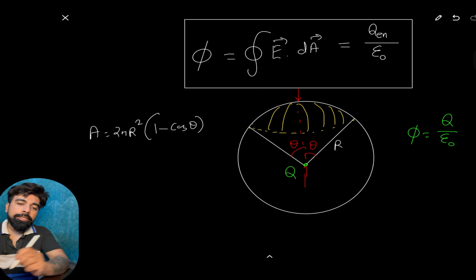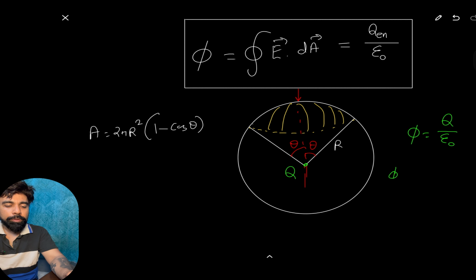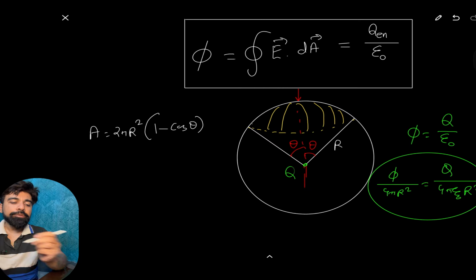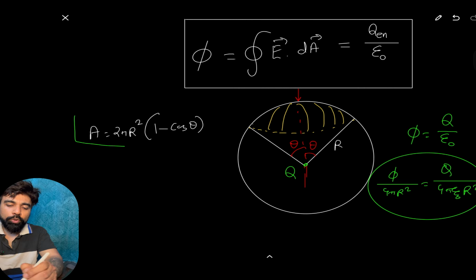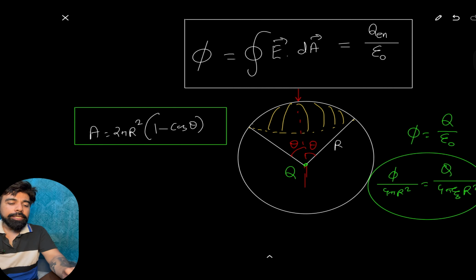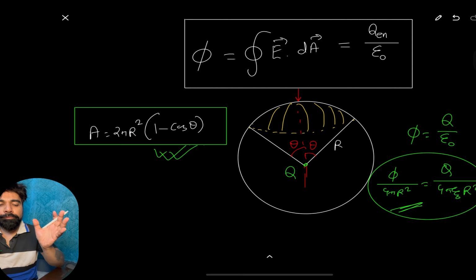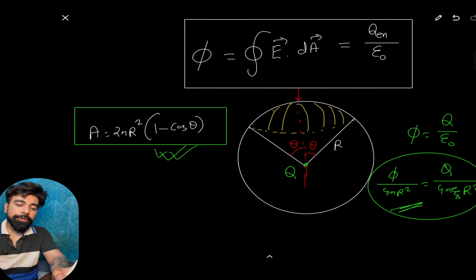Now what is the flux density? Flux density means the number of field lines passing through per unit area. That's going to be phi divided by 4 pi r square. So that will be Q by 4 pi epsilon naught capital R square, right? This is the flux per unit area. So how much flux will go through this much area is that flux density multiplied with this area. So the number of field lines that will pass through the spherical arc